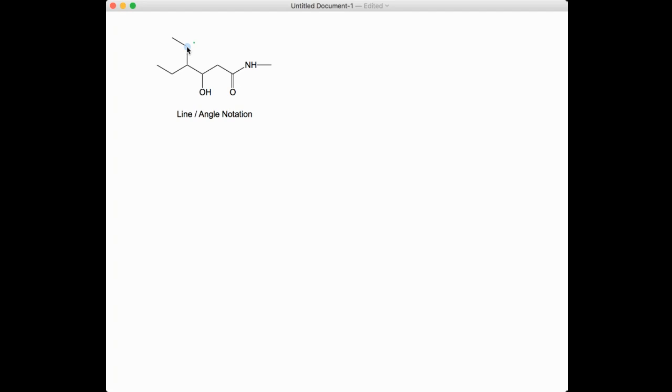Okay, so carbon has 4 bonds. It has 4 electrons in the valence shell. So if it has 4 electrons in the valence shell, 4 bonds means 8 electrons divided by 2, that's 4, right? So should I add any dots in a carbon with 4 bonds? Do I require to add any dots in any carbon with 4 bonds? No, right? So I'm gonna type it on the chat in case you guys, so 4 bonds